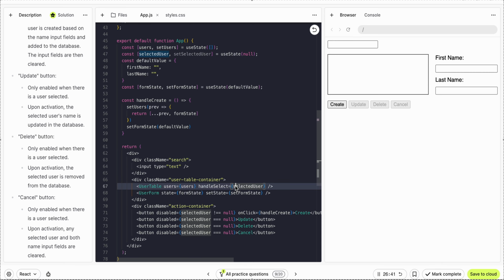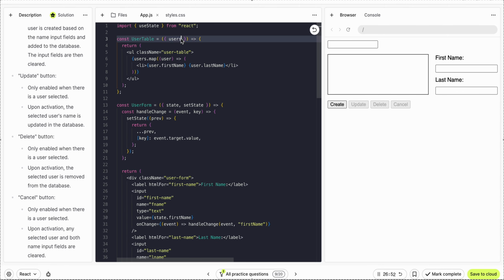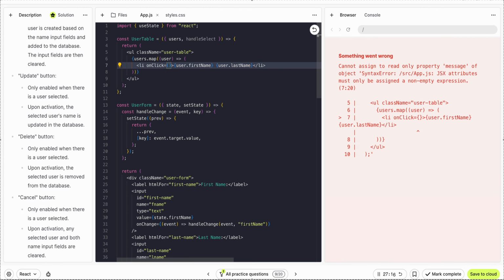Okay, set selected user. Now we need it from here to select, handle select on this list. This list is not a button, so adding handler on list item is not good for accessibility, but